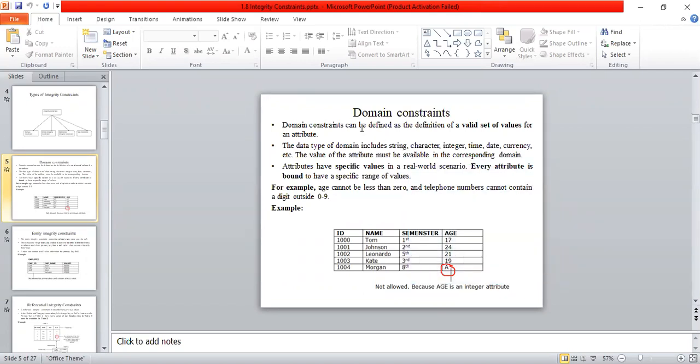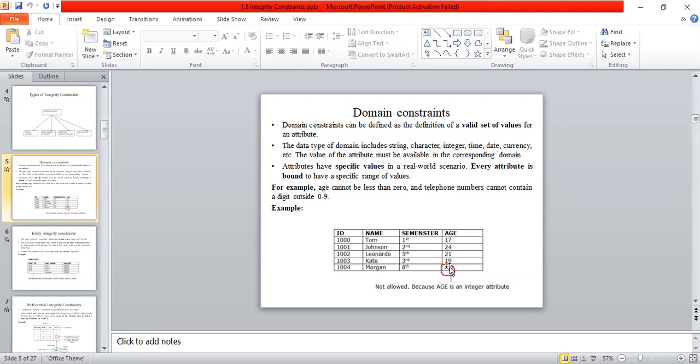The domain constraints can be defined as the definition of a valid set of values for an attribute. At the time of declaration of the table, at the time of creating the table, we will mention the data type related to the particular field. Here, in this table, my aim is to create the ID field, name, semester, and age.